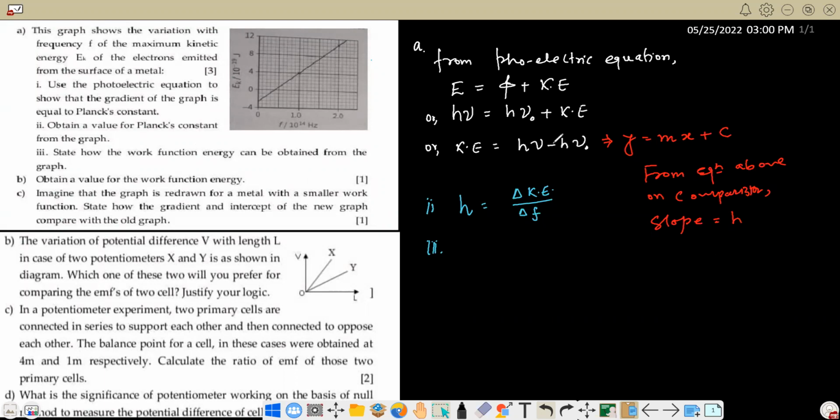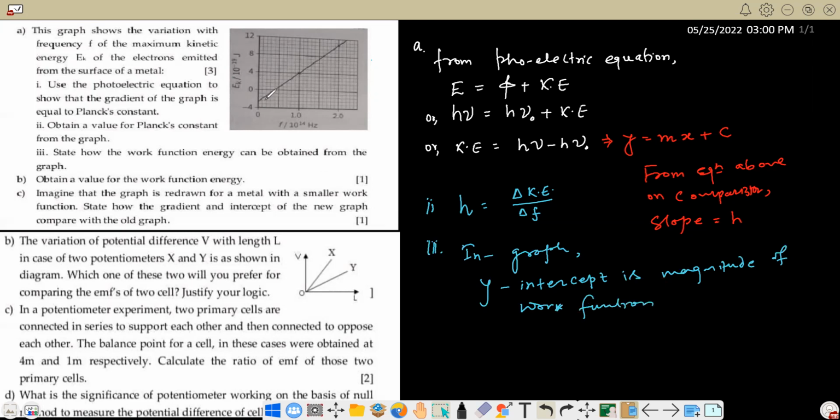Okay, फेरि पनि यही हो, हामीलाई थाहा छ ग्राफबाट हेर्ने हो भने यो y इन्टरसेप्ट छ नि, y इन्टरसेप्ट इन ग्राफ, y intercept is the magnitude of work function. Okay, work function. अब यहाँबाट निकाल्दिने 0 देखि यो 1 2 3 यो 4 छ राइट। सो 3 होला 0.3 into 10 to the power minus 19 joule. ओके, यसरी हामी इजिली निकाल्न सक्छौं राइट।